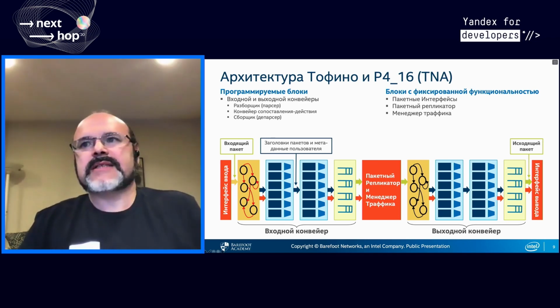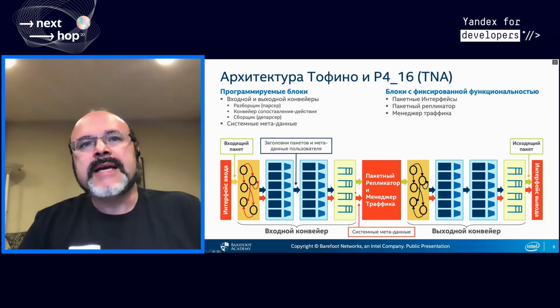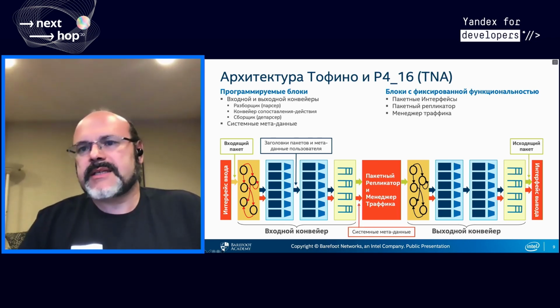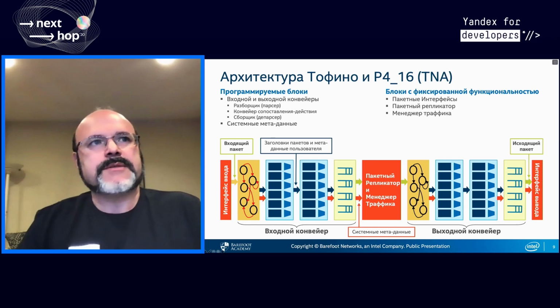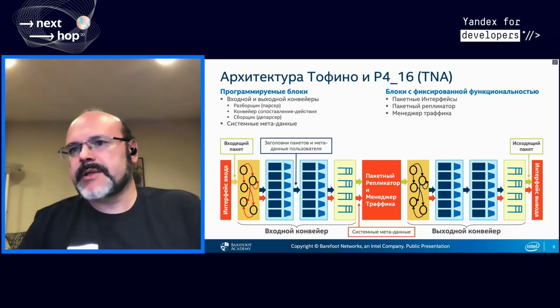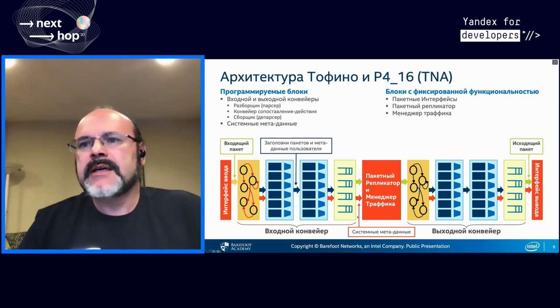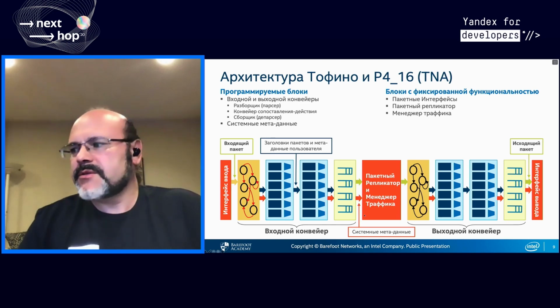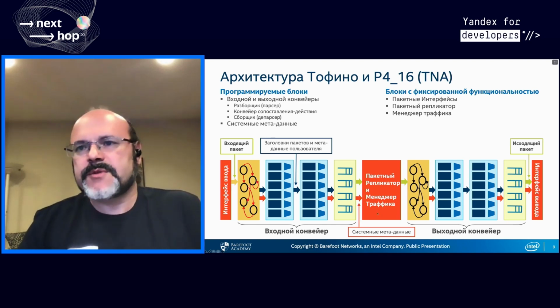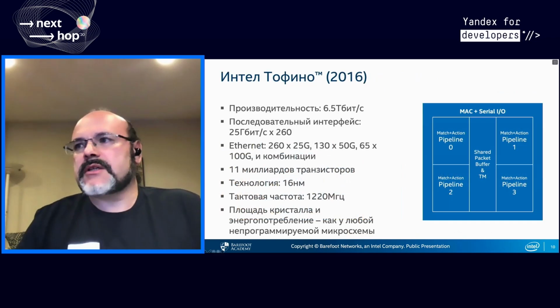And here we buffer our packets. And here we can create a multicast to make sure everything works okay. And we talk with these devices via special system metadata. They are well-known variables. If the packet comes out from the input interface, the input interface sends us the time label, and then it sends us the number of the port via which we got it. If we want to send the packet to another port, then there is another known variable which tells the system to send this data to port 5, for example.